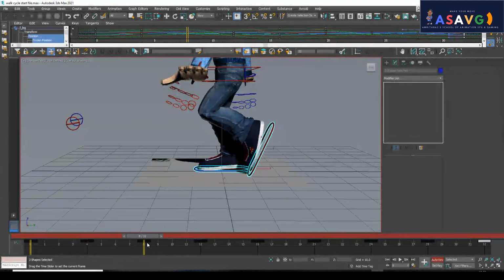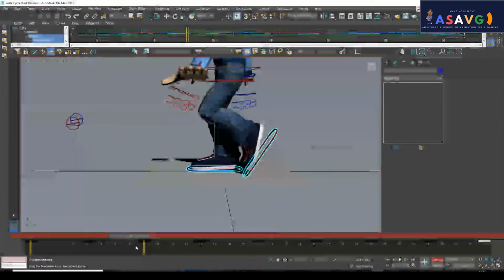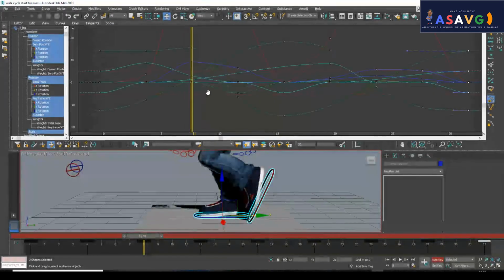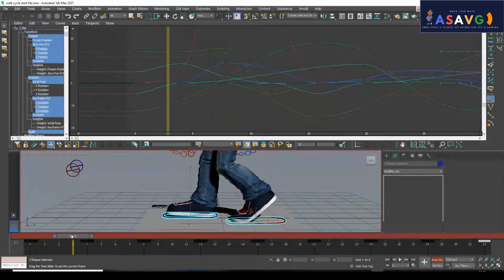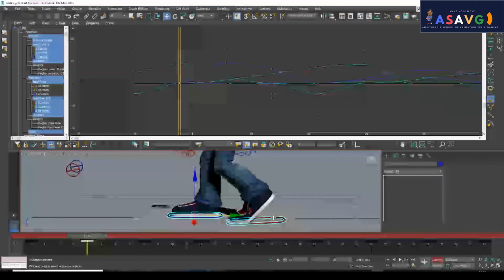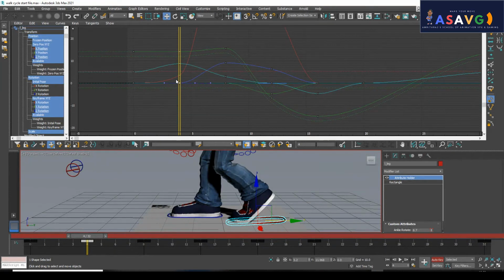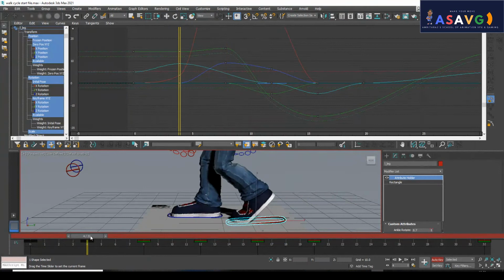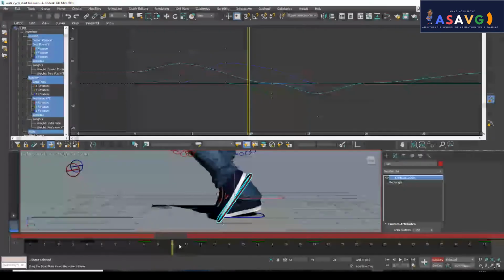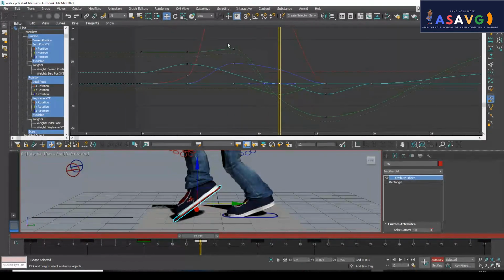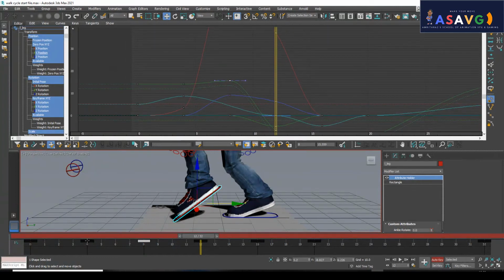Yeah, I think we have certain problems from here, right? Look, okay, I will be sorting it with the help of the graph once more, moving the graph. So I will be just coming like this. I will be deleting this keyframe, checking. No, only click this one and try to delete this one. No, that's not working fine. So I will be moving this keyframe and try to delete this one. Yes, okay, and this one also I will be deleting. So make sure that you delete the exact keyframe, the exact problem area.